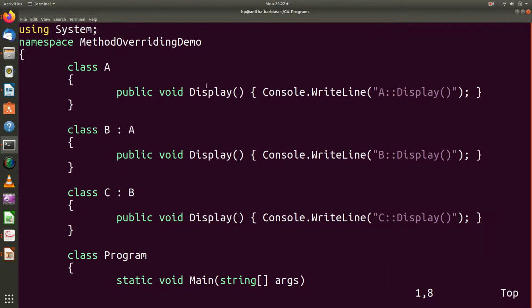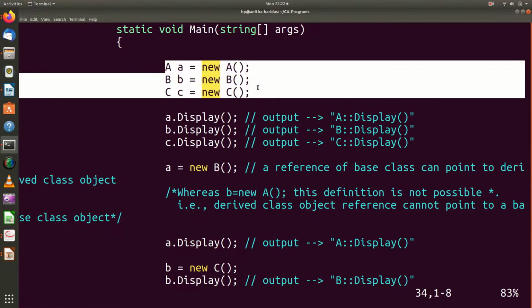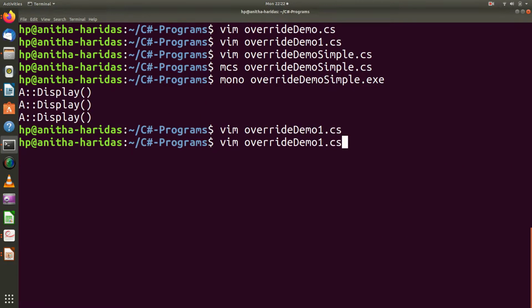All the three have the display method, and I have objects of A, B, C separately, but the object of B is being pointed by a reference of A, the object of C being pointed by a reference of B. So let us execute this program, and if you see, I am going to compile it.